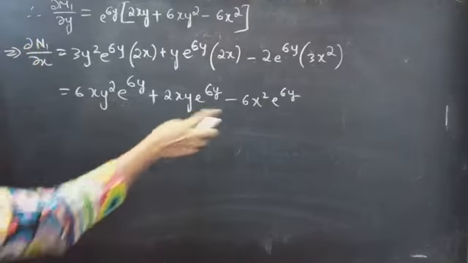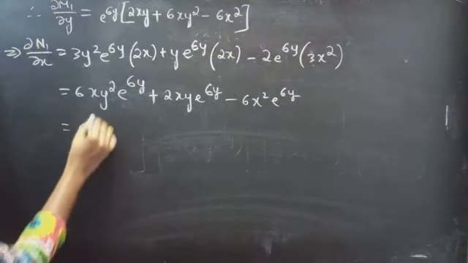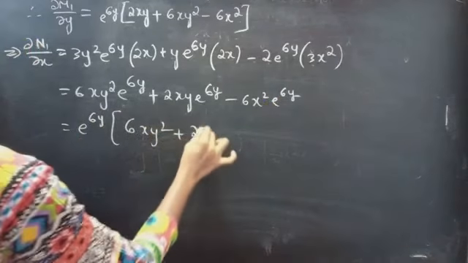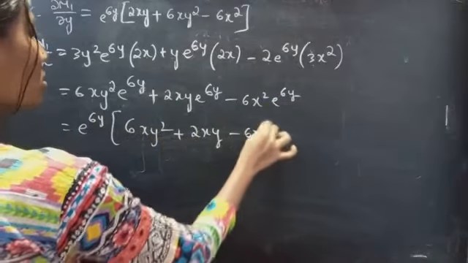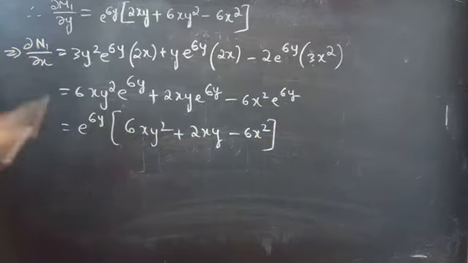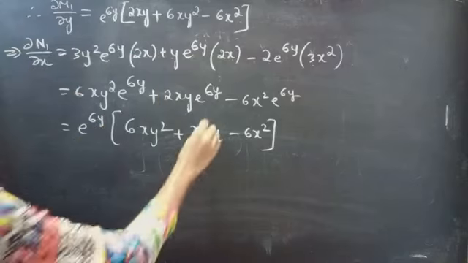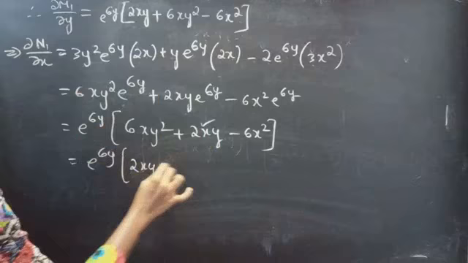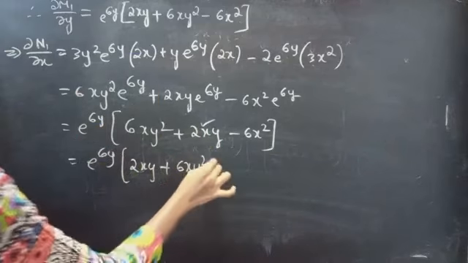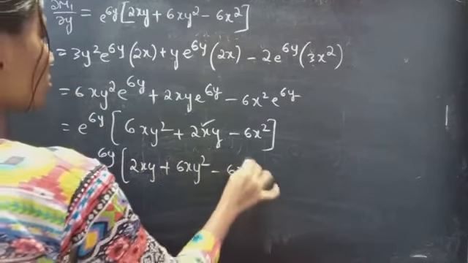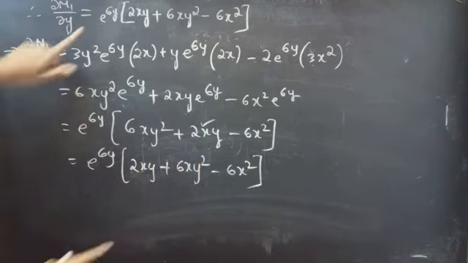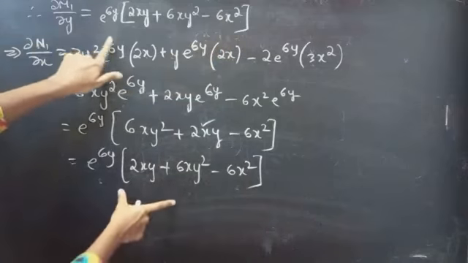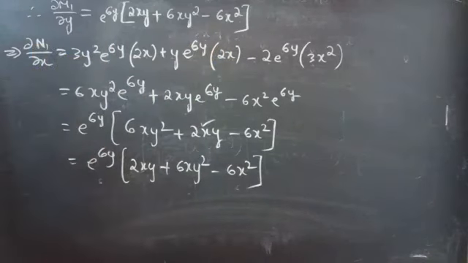Now take e power 6y common from all these three terms, then you get e power 6y times 6xy square plus 2xy minus 6x square. Okay. See here you are having 2xy first, so we'll write this first. This becomes 2xy plus 6xy square minus 6x square. Right? So as it is. We got as it is. Right? Therefore,